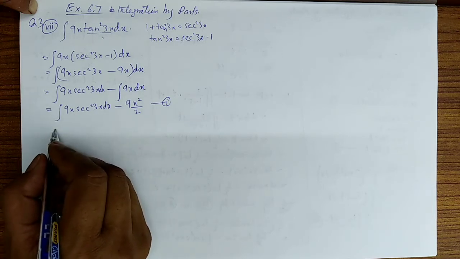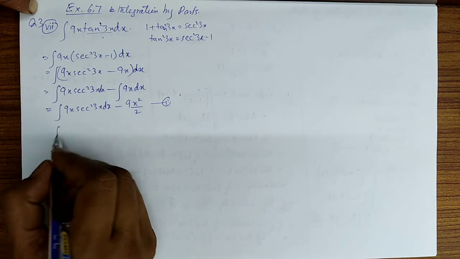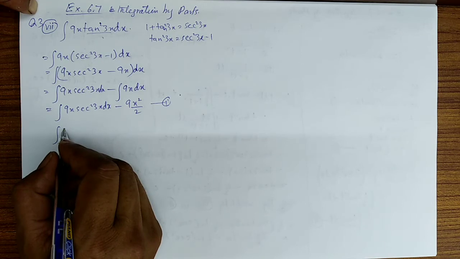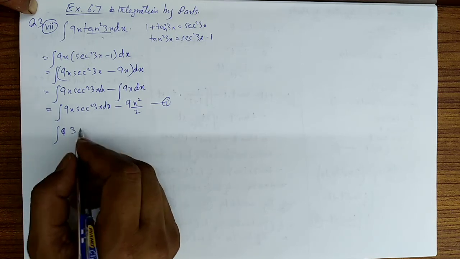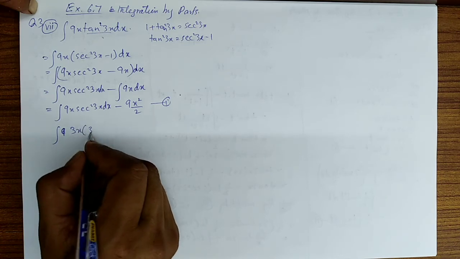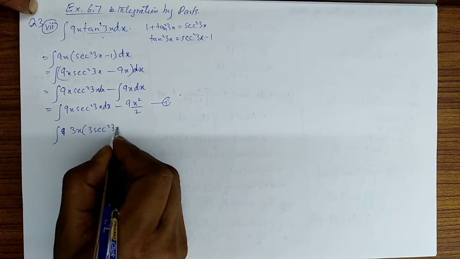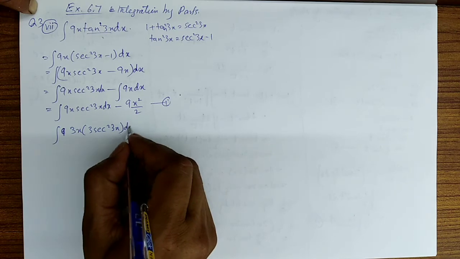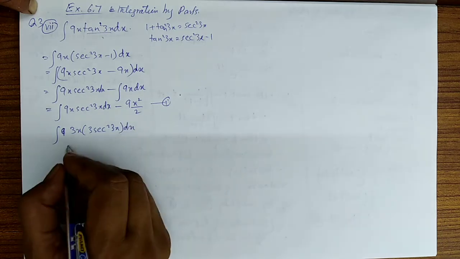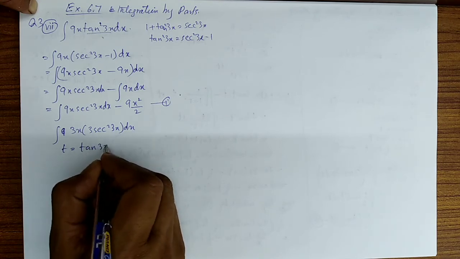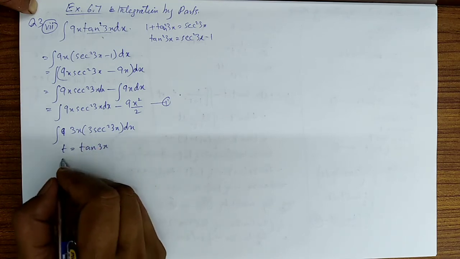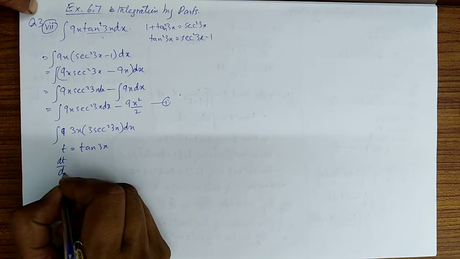What we are going to do is, in place of 9, break it as 3x into 3 sec square 3x into d of x, right? So let's take tan t is equal to tan 3x, and taking the derivative,